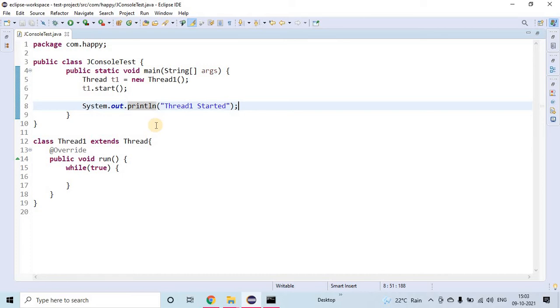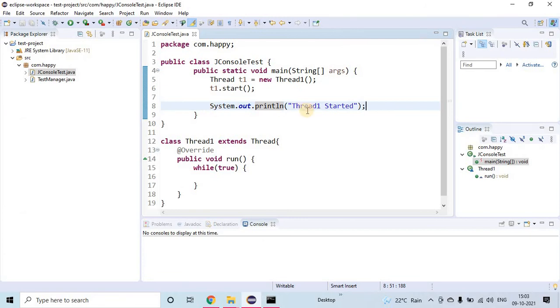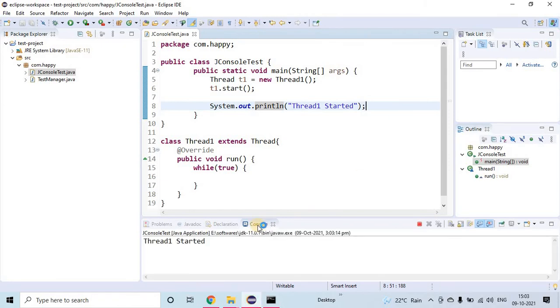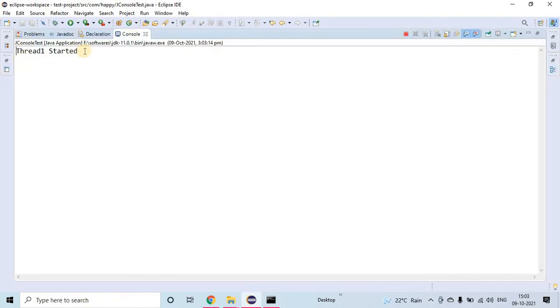Okay. So now this program I'll run. What it will print is just that the thread is started. After that, nothing, but it will keep on running. I'll show you how. I'll just right click and then run as Java program. If you see here in the console, thread is started, and it is still red, which means that if it is stopped, then it will become grayed out. So this program is running now.